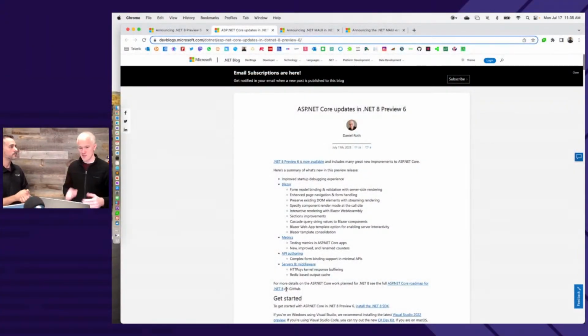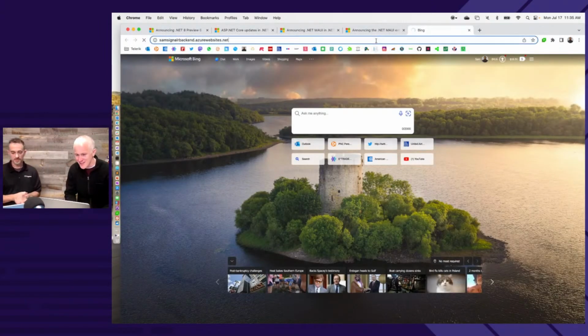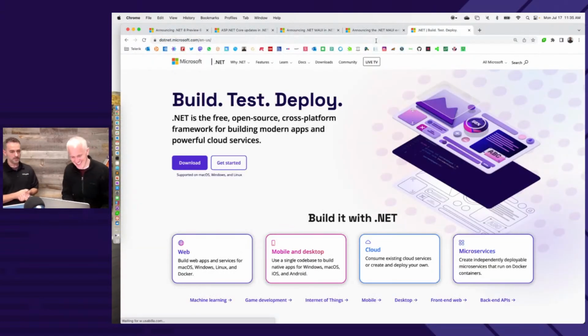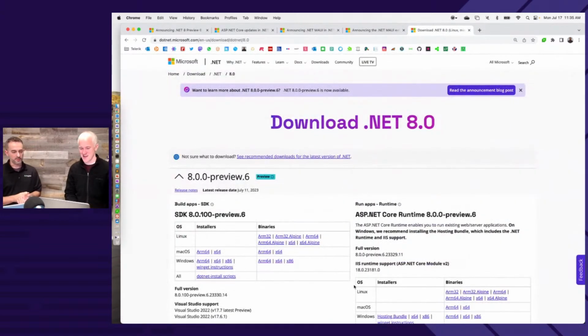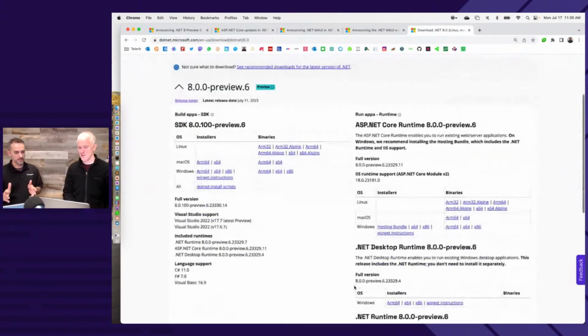So it's a great highlight of what's coming in .NET 8. Where can we get the preview if we want to check the bits out? To get the .NET 8 preview bits, just go to the .NET website. Can I do it on here? Absolutely. I'm clicking on such random buttons on Sam's laptop. Is that okay, Sam? Then you want to go to the download page, and you'll see there's a banner up at the top to get the latest .NET 8 preview. For 99% of the use cases out there, you can do side-by-side installation, right? Oh, absolutely. Throw those on.